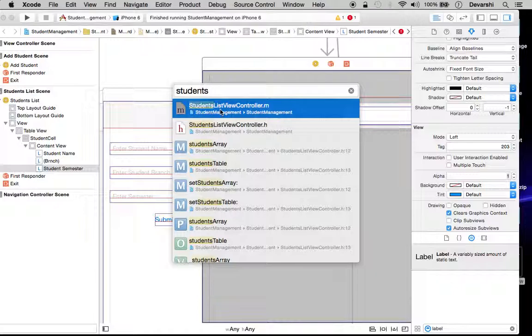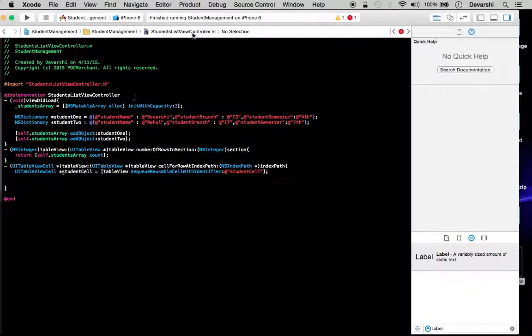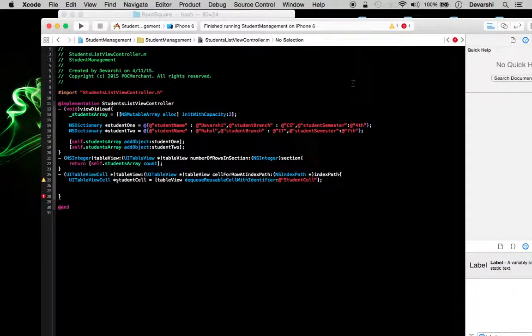So now I will be selecting this students list view controller.m. As soon as I select it, it opens the same file. Now I know that using this method we will get the cell reference.